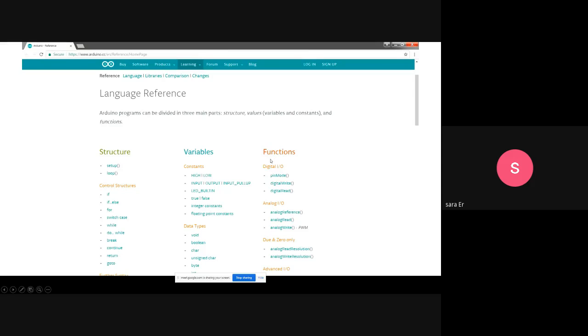And also there are very useful functions for input-output connection: digitalWrite, digitalRead; for analog input-output, analogReference, analogRead, analogWrite. AnalogWrite is very important because it makes it possible to use pulse width modulation. And also analogReadResolution and analogWriteResolution.